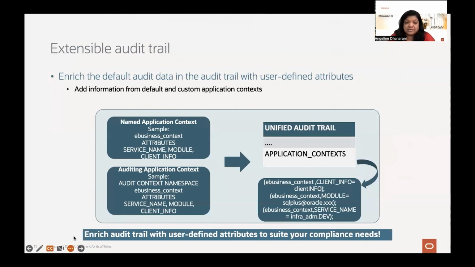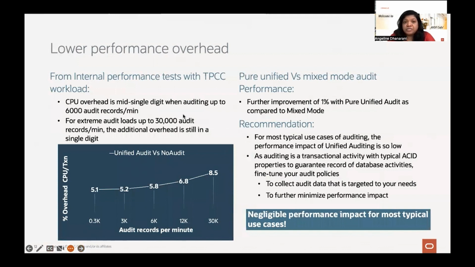And coming to the performance point of view, in our internal tests that we perform with TPCC, this is the observation: even with 6,000 audit records per minute, it's a mid-single digit performance overhead. And even if you were to do extreme auditing, for example, if you were to audit all application auditing, we don't want you to audit everything from the application tier.